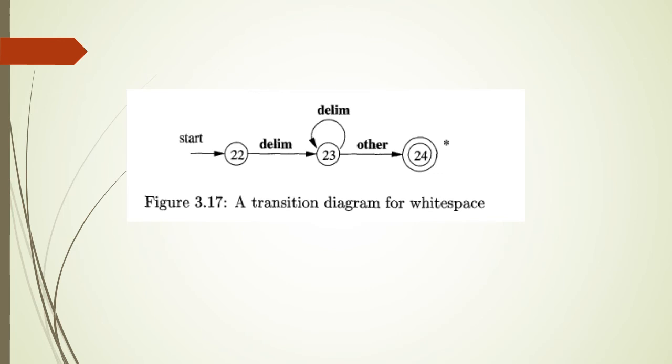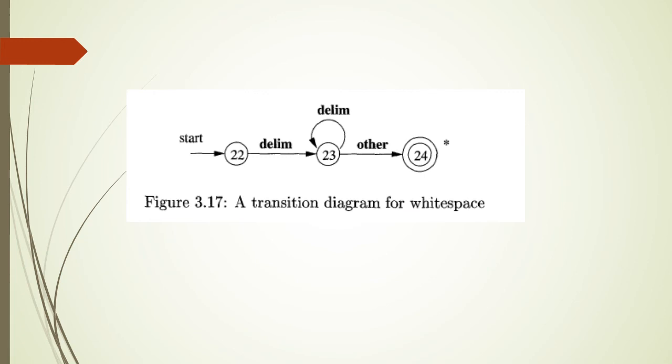This is a transition diagram for white space. From state 22, white space can be a single space or it can be a tab. If it is a tab, that is 8 white spaces. So the delimiter means white space, 1, 2, 3, 4, 5, 6, 7, 8. Any other character, then you'll end up with state 24. The states are not necessarily numbered from 0 to 24; you can use other numbers for different transition diagrams.